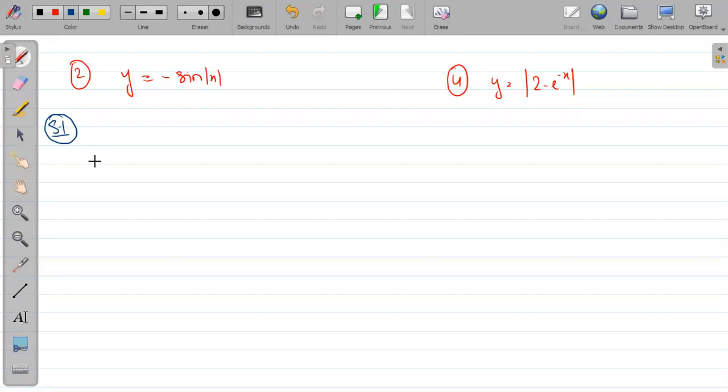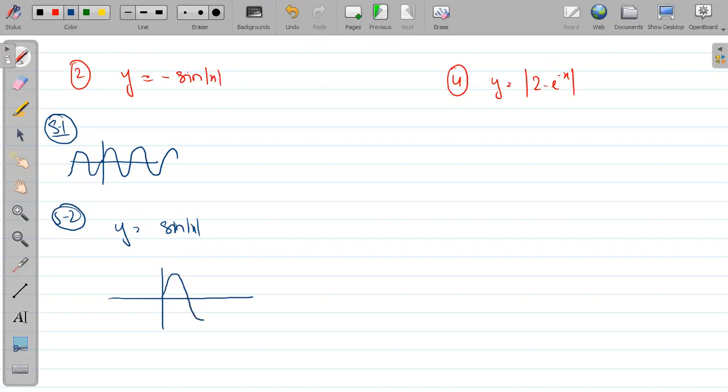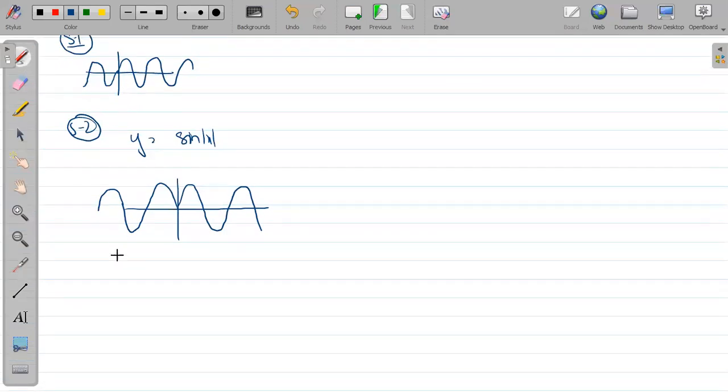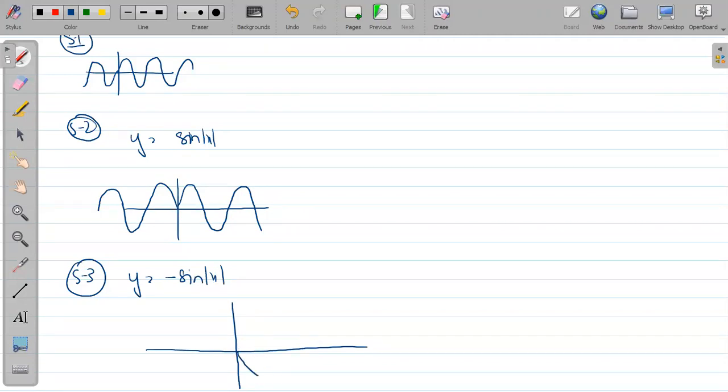Let's try to do this part. Step 1: y equal to sin x. We know, sir. y equal to sin x is this one only. Step 2: y equal to, sir, first put the mod. Okay, first put the mod. It's your choice only. So after putting mod, you will get this graph. We have seen it in the examples also, right? Now step 3: put minus over the function. That is, you are replacing y by minus y basically. So y by minus y means take the image of the complete function about the x-axis. So taking the image of the complete function about the x-axis, you will get it like this only.